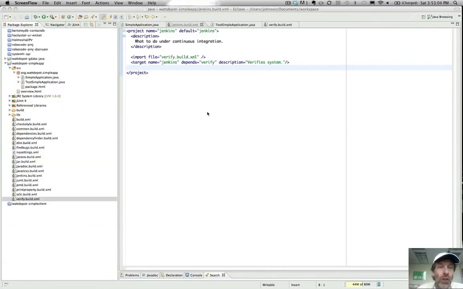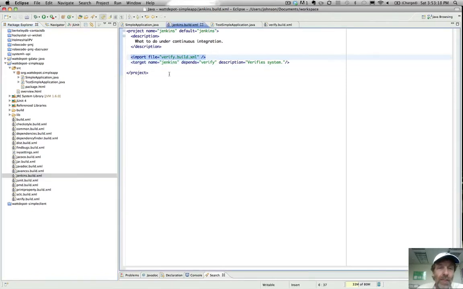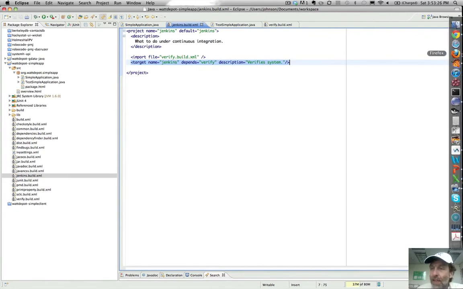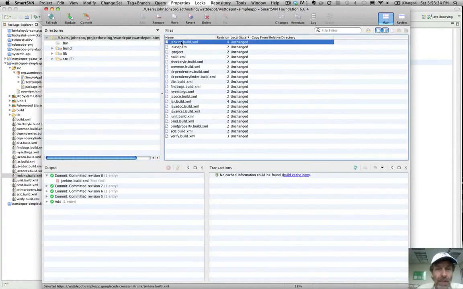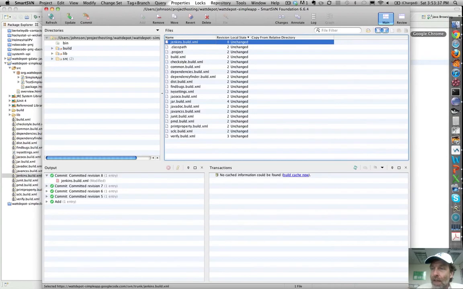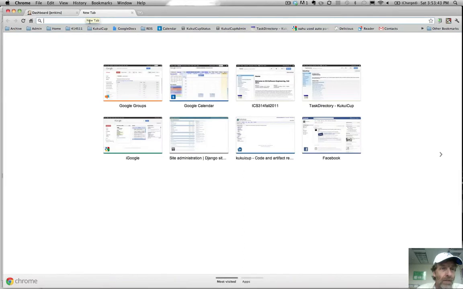Okay, so the first thing I want to do is just show you that I've added a new file called jenkins.build.xml to my WattDepot Simple App application. And as I was talking about before, it's simply going to import the verify.build.xml, and it's going to run the verify target. Okay? And in my Subversion, you can see that this jenkins.build.xml has been committed, and we can also see it if we go to